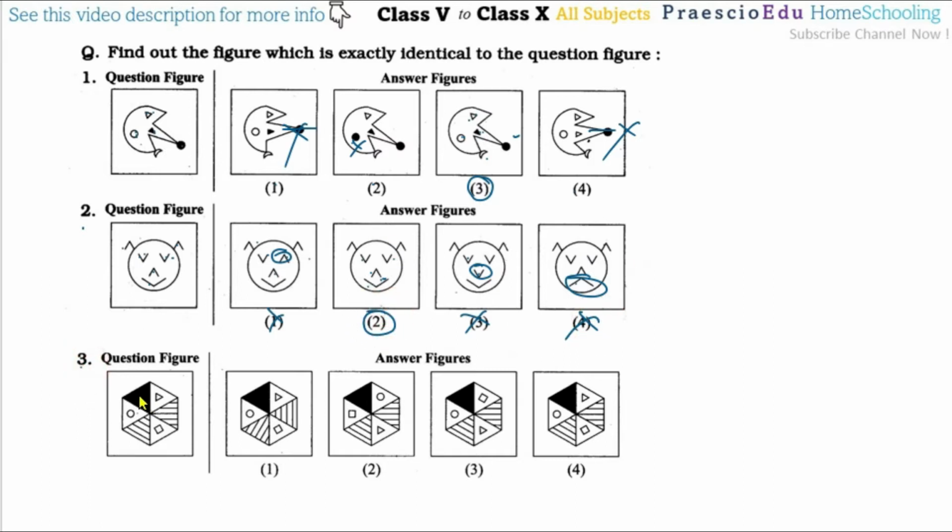Now question number 3. So a hexagon is there and 3 shapes here. So triangle this side and solid, solid and the triangle, solid and the triangle, here the circle, this is incorrect, here the square, this is incorrect, here the triangle, so these two can be identical. Now circle, here also circle. Now this horizontal line, now this is a vertical line, and here the horizontal line. So these 3 options are gone, only the fourth option. Now this line and this line are matching, then the square also matching, and the circle also matching. Just identical. We have to observe this figure and the answer figure continuously. So as per this one, option number 4 is matching.